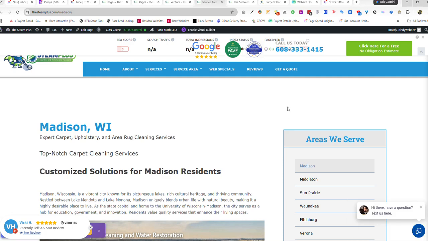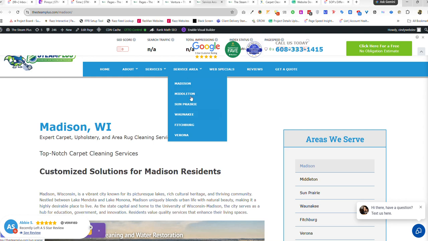So hi, I'm here to talk about adding a new service area. We're gonna add a new service area expansion on the Steam Plus. So this is how you add it. I'm just gonna create a sample one because I don't have the current expansion area that will be added in the website. Basically, what we're trying to do is add another service area here because I think the Steam Plus is doing some expansion of the service areas.